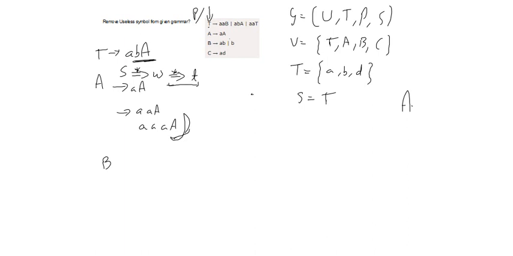You have the production rule T implies AB. From this production, you can get the non-terminal B. Means the non-terminal B is derivable from the starting symbol T. Again, we need to check whether B is producing any terminal symbol. Yes, because B implies AB or b. So here the non-terminal B is producing the terminal symbol b as well as AB.